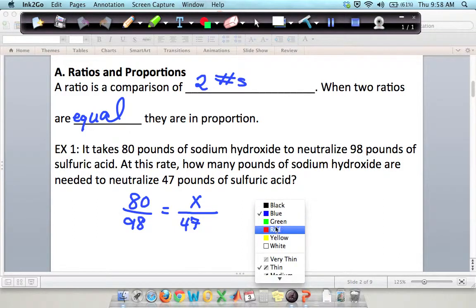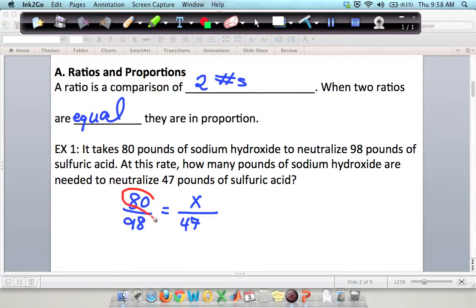Now I could multiply by the LCD over 1 like we did in 7.5, but because there's nothing added or subtracted in either one of these fractions, it's just one fraction set equal to another, the shortcut way to do that is to cross multiply. So I multiply this numerator times this denominator, and then set it equal to this denominator times this numerator. That's cross multiplying. So when I cross multiply, I get 98x